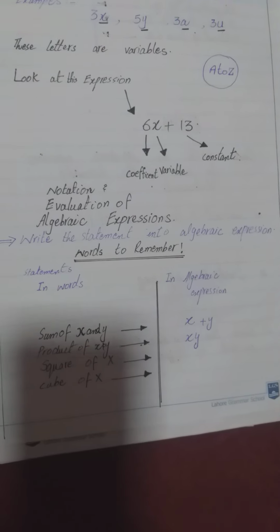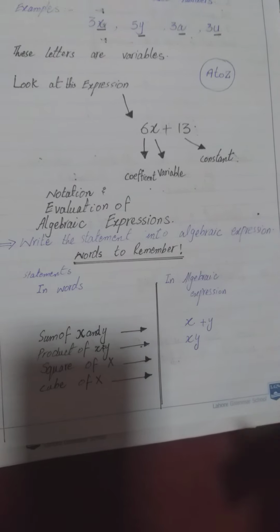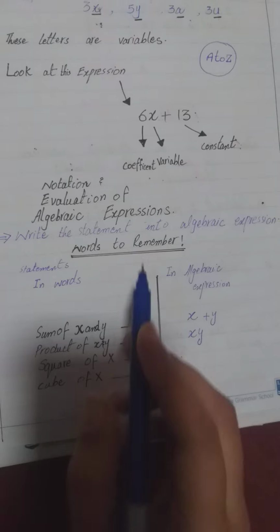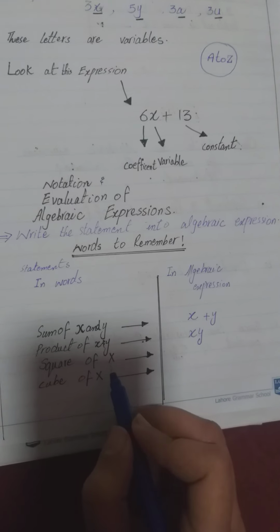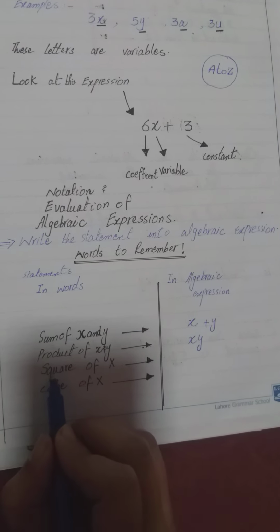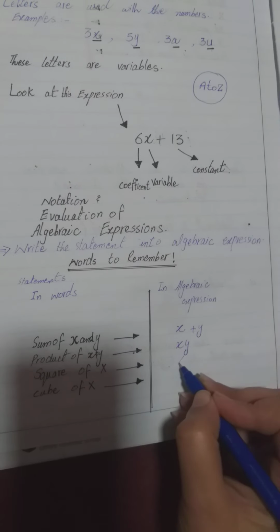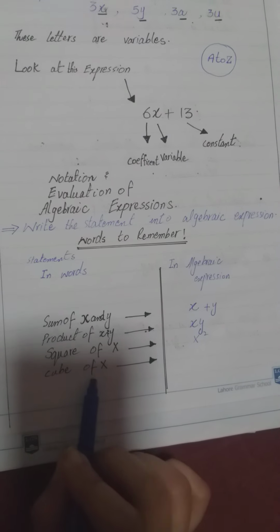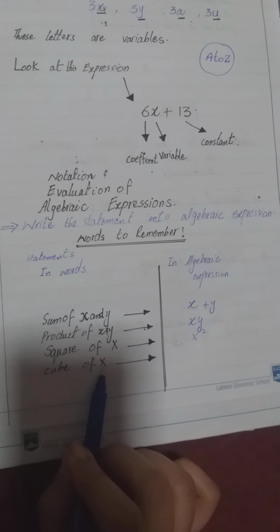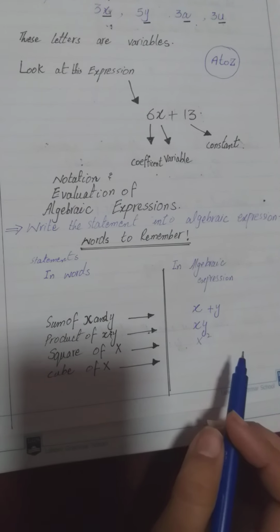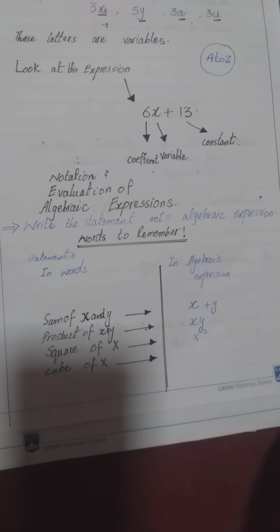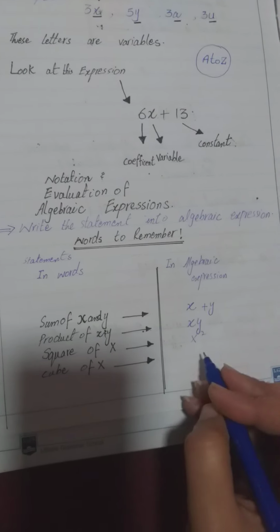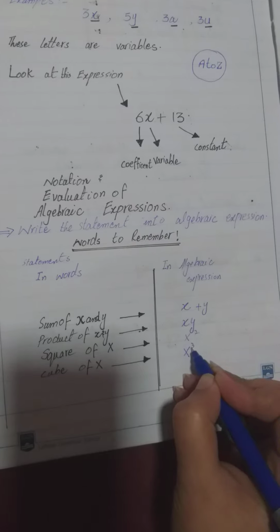Square of x. You have done square numbers like 2 index 2, 3 index 2. The index is always 2. Here we are doing algebra, so letters like x are used. Square means 2, so square of x means x index 2. Cube of x. You have done cube numbers, and you know cube means 3, like 3 index 3. With variable x, cube means 3, so you write x index 3.